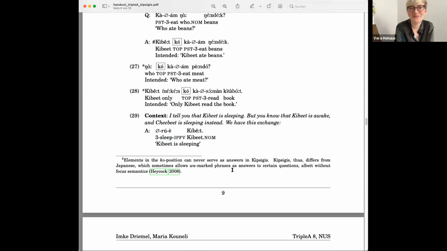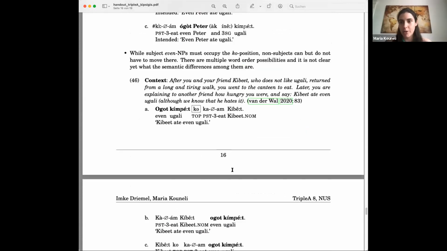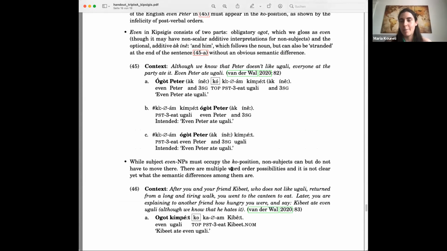This is also common cross-linguistically, especially in African languages, that they will not associate to focus in the same way. And you can see here the examples. Maybe Imke can, do you want to say something, Imke? So this is the part we haven't figured out yet. We don't really feel confident implementing. So we're still sorting through the data also.